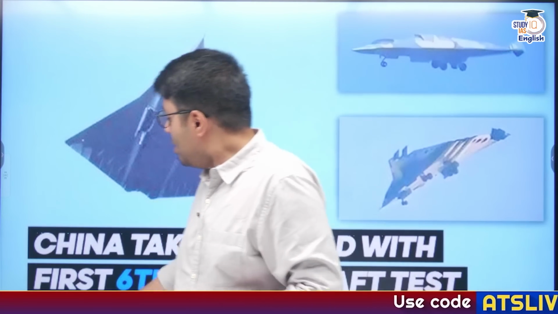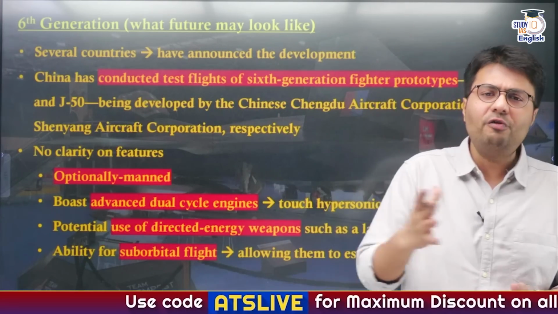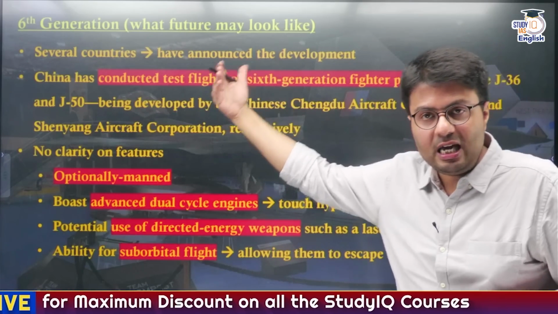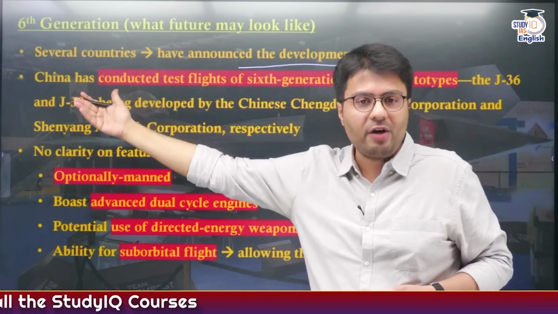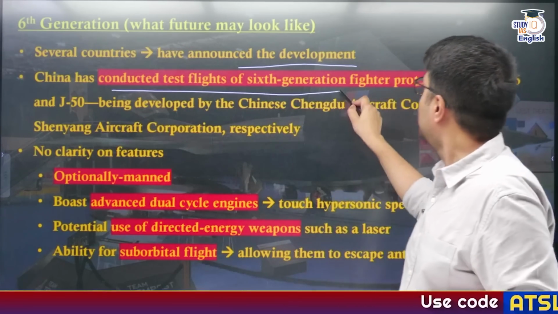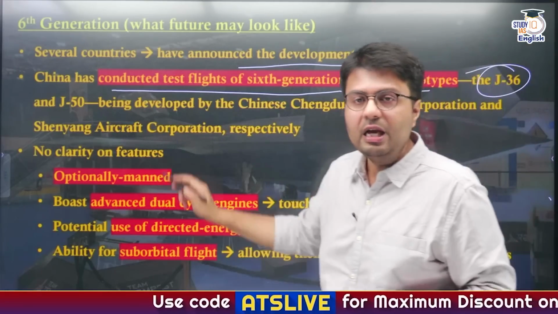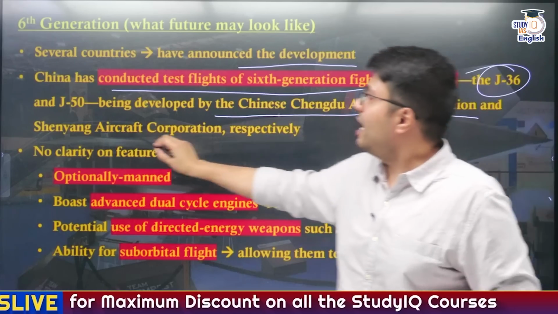So that is why this brought the world a big surprise. In this regard, let us understand how 6th generation aircraft will be different from earlier iterations. Several countries, majorly the US and European nations, have already announced the development of a newer generation of aircraft, but China surprised the world by conducting test flights of its 6th generation prototypes called J36 and J50, which are developed by the Chinese Chengdu Aircraft Corporation and the Shenyang Aircraft